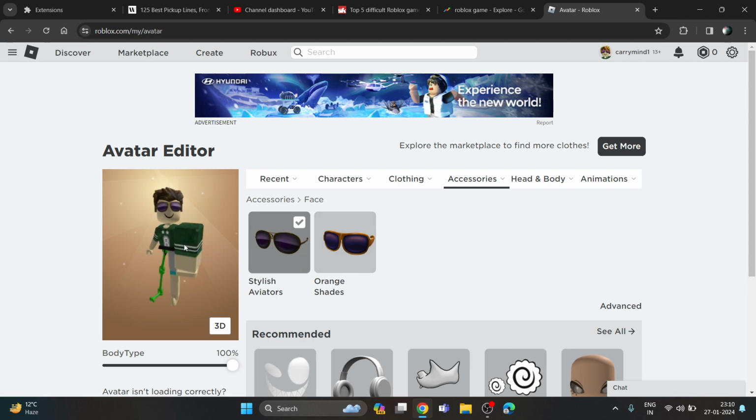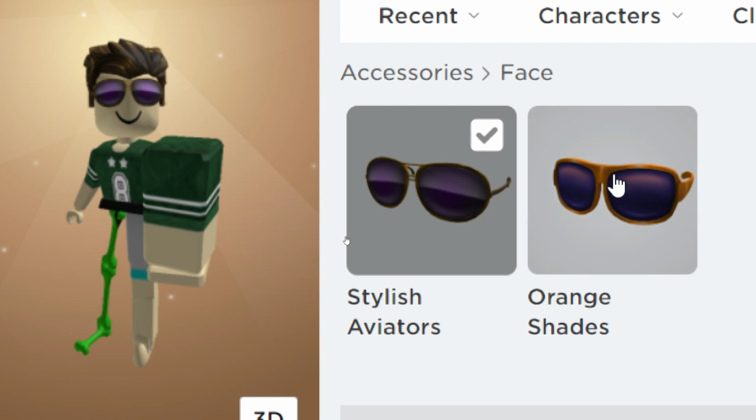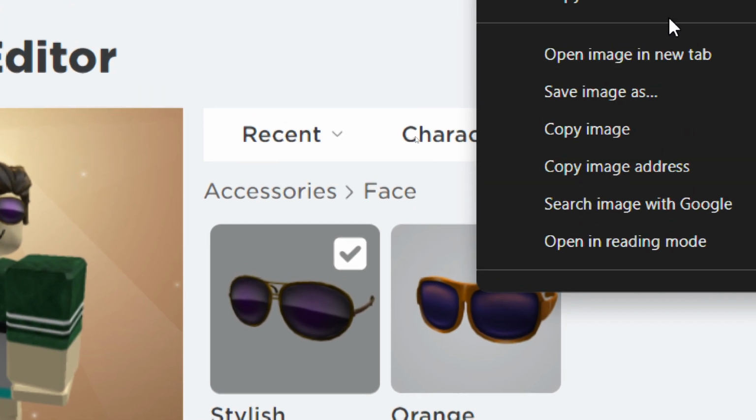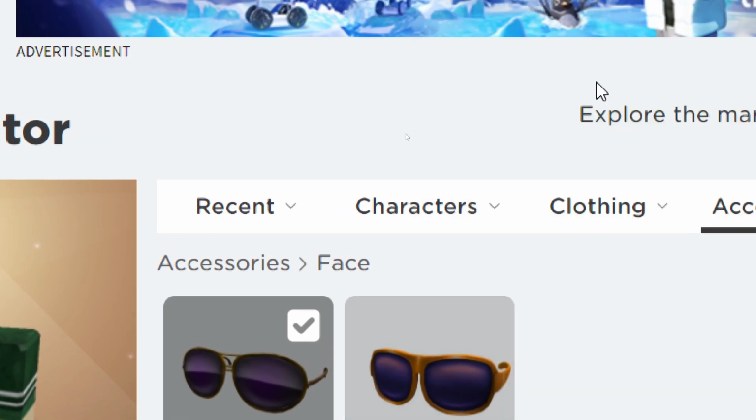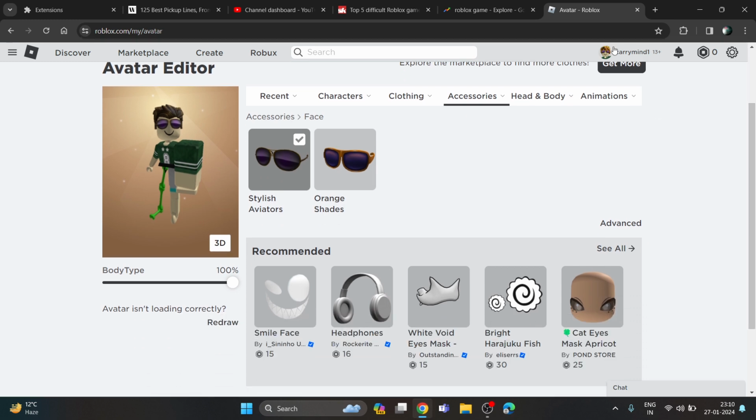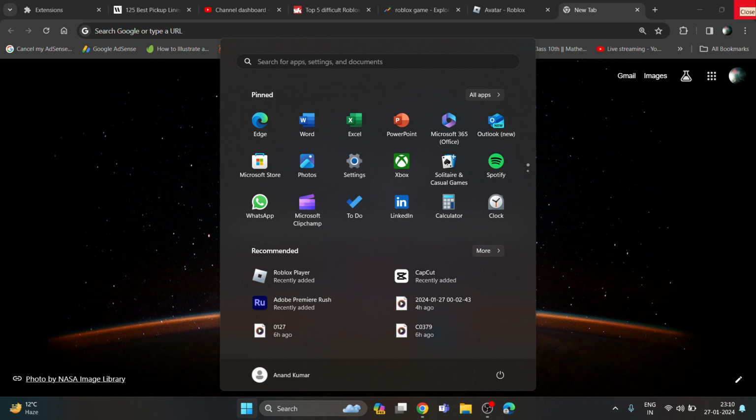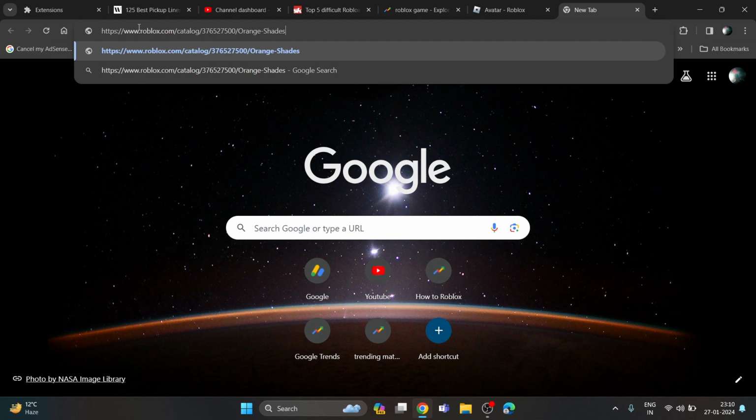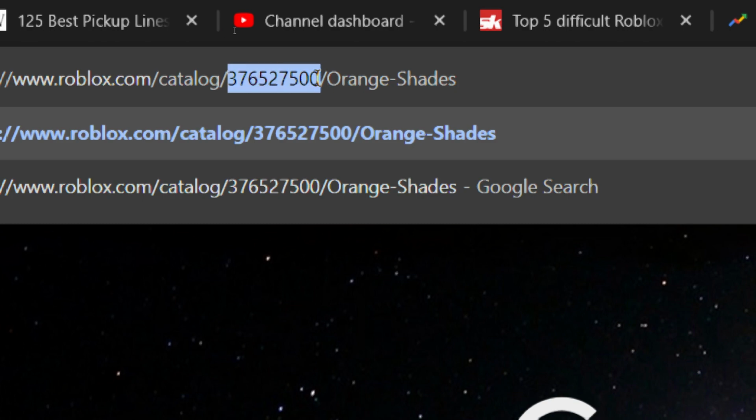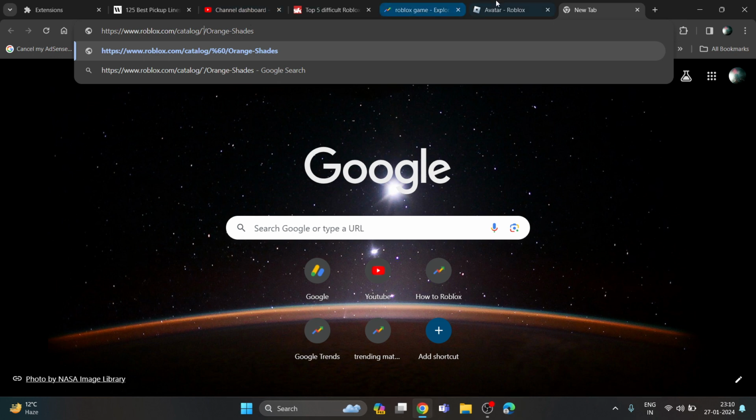So first of all guys, you have to right click on the new accessories that you want to wear, copy the link address, fine, and open a new tab, paste it over here, and just copy this asset ID from the URL, copy this number, is the asset ID, and go back to